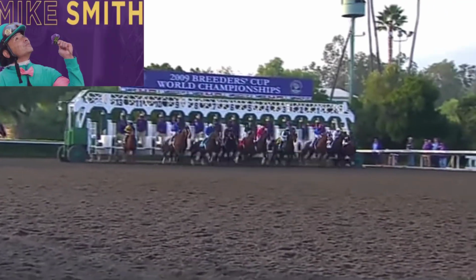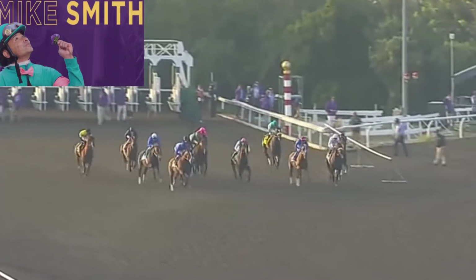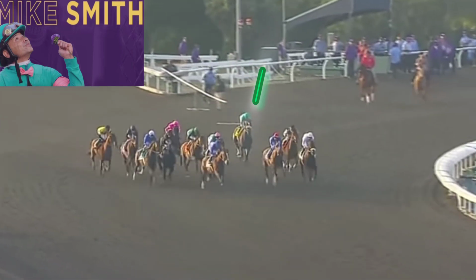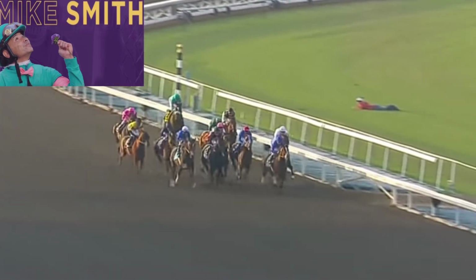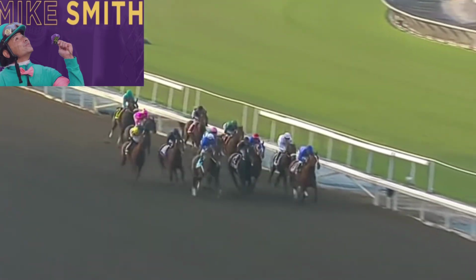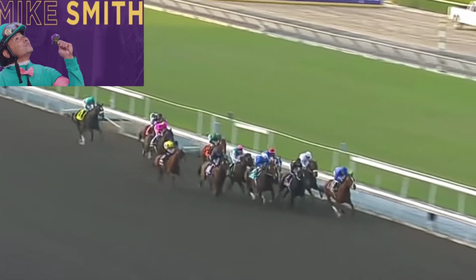Ready for the break here. She actually broke okay for her. She's not very quick out of there, as you know. She left it on her left lead, though. And for those of you who don't know, you usually want to be on your left lead around the turns, not on the straight. So I just kind of corrected her here, and once I got her straightened out, now it's just a matter of